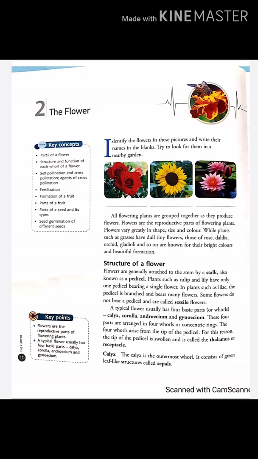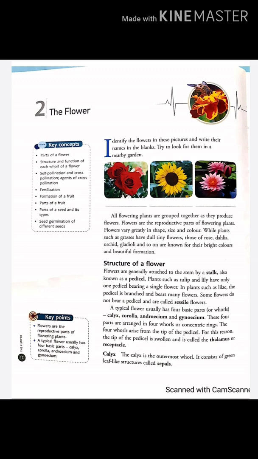Now the last and the fourth wall is gynoecium. It is the female reproductive part, and a swollen part is called ovary. It is situated at the base of the carpel, and the style is the long narrow tube-like extension of the ovary. The function of gynoecium is that the ovules in the ovary contain the female reproductive cells for reproduction.